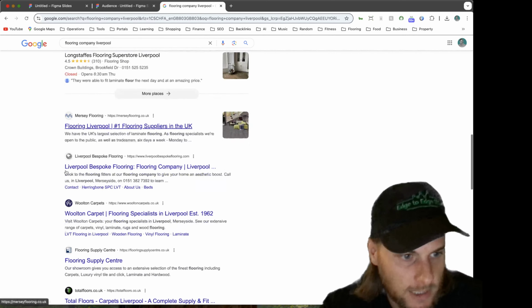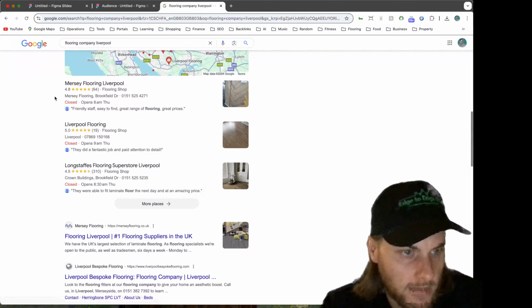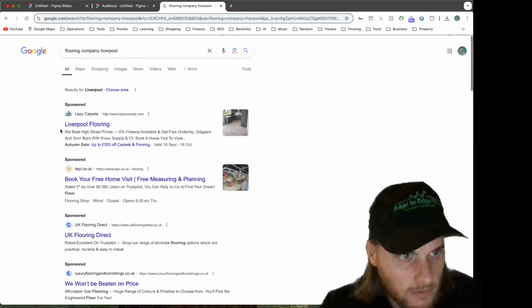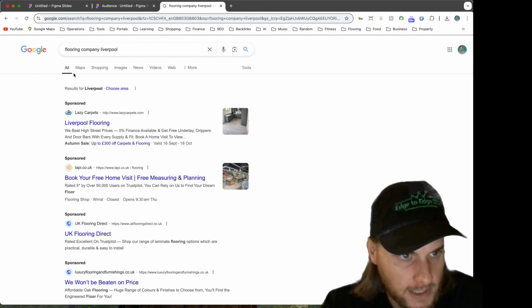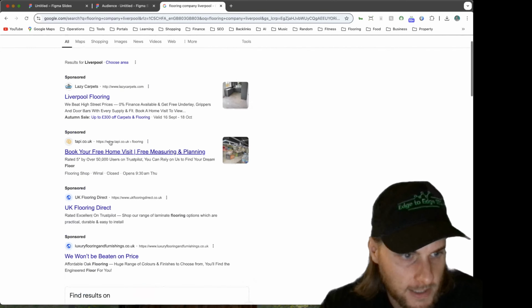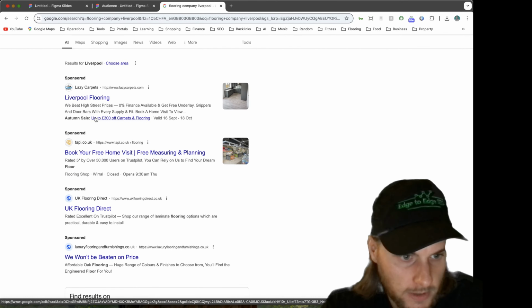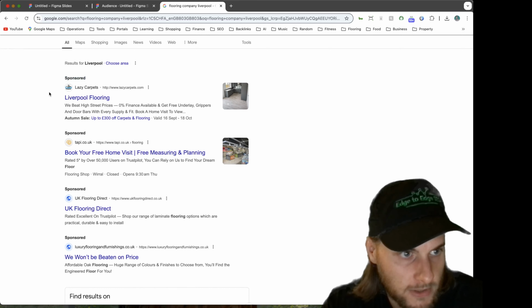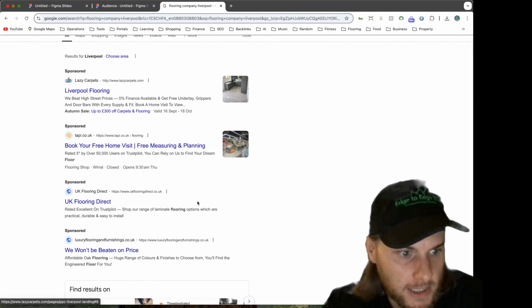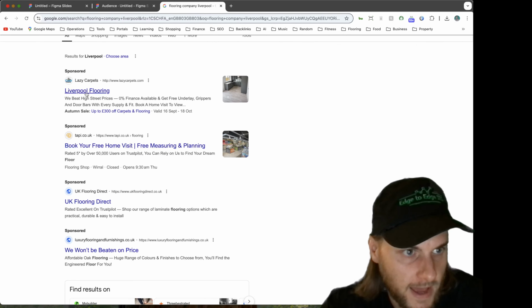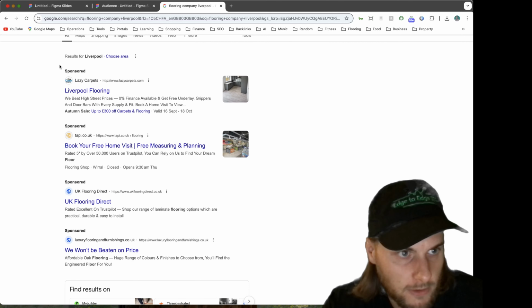For example, if you were to come up within the organic listings, but you weren't coming up here in the maps, and you weren't coming up here on Google Ads, when someone searches for a keyword like this, the first thing they're presented is the ads, and Google is always going to try and push those ads as high as possible. It's going to try its best to make them not look like sponsored ads, because in Google's eyes, that's where it makes the most money. Out of consumers, out of marketers and flooring companies, Google will make the most money out of the people that are spending on ads with it.